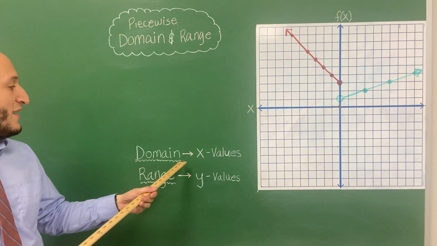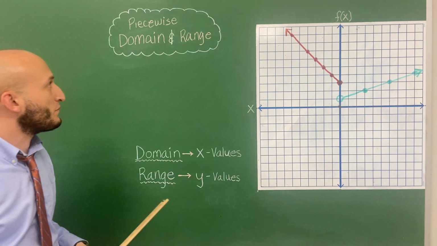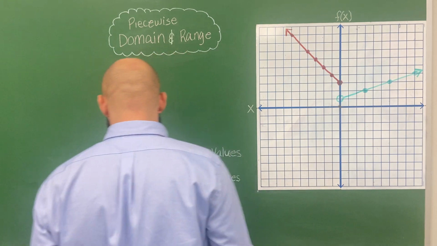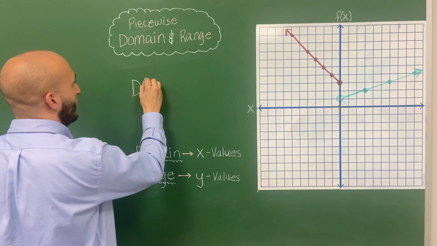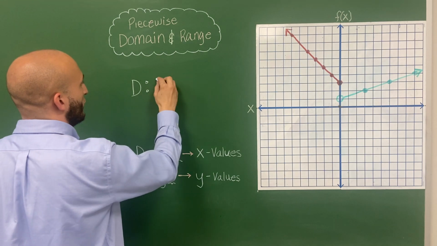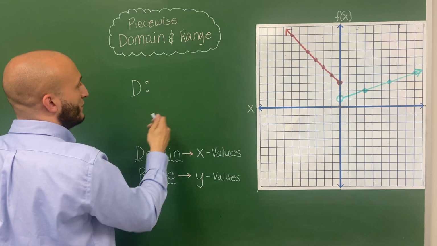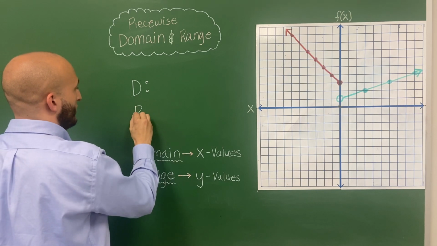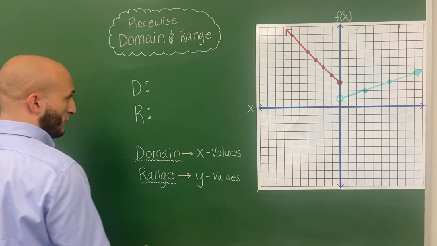Domain are my x values and range my y values again. So for domain, I want to go from least to greatest, and same for my range. I'm gonna start with my domain here, and ask myself,